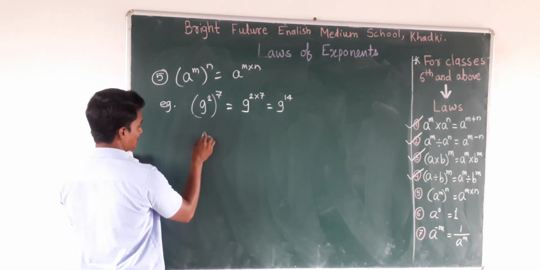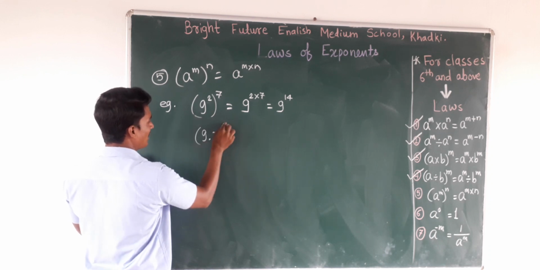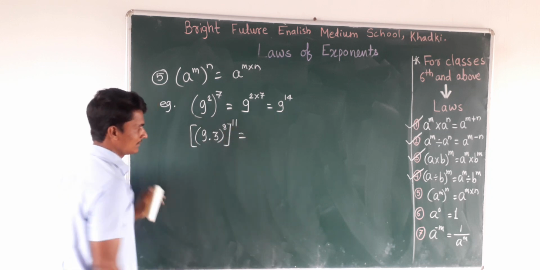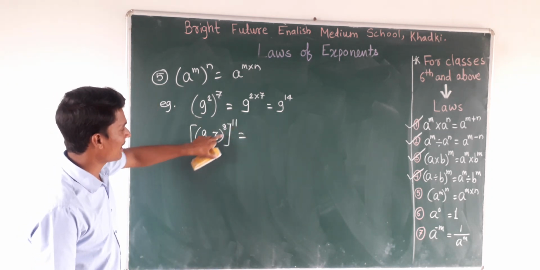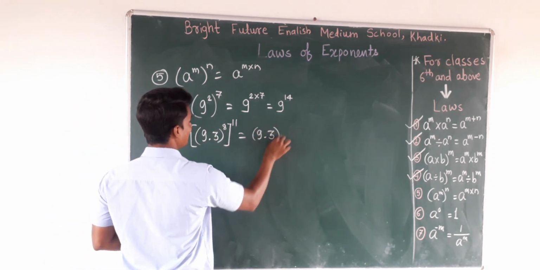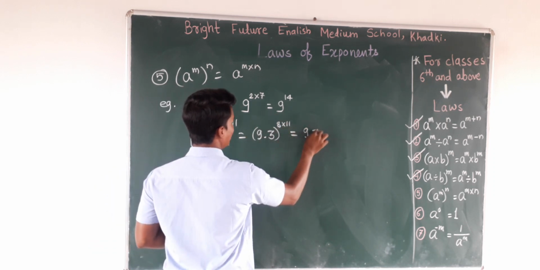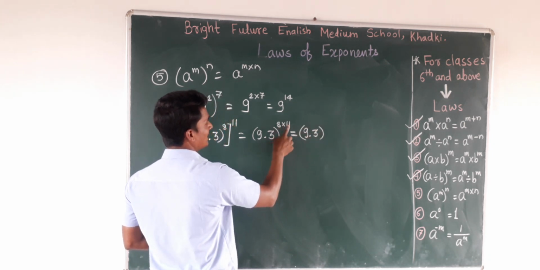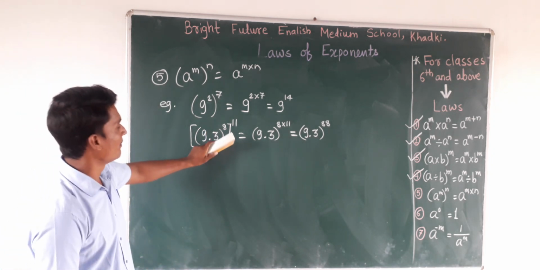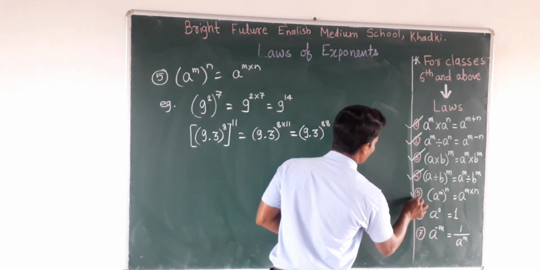सपोज अनदर एग्जांपल, सपोज डेसिमल नंबर इज देयर 9.3 raised to power 8 and another bracket raised to power 11. 9.8 is there, उनकी पावर 8 है और उन दोनों की पावर 11 है. So again the same thing, 9.3 raised to 8 multiplied by 11. So 9.3 raised to 11 8 88 and this is the answer. सिर्फ क्या करना है आपको, बेस एक वन टाइम लिखना है और पावर की मल्टीप्लिकेशन करना है. दिस इज द रूल नंबर 5.